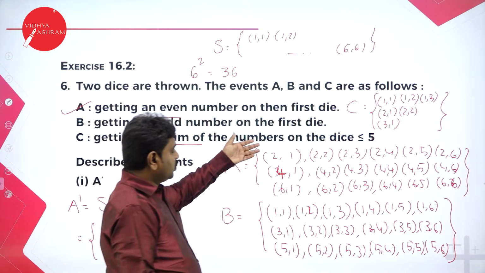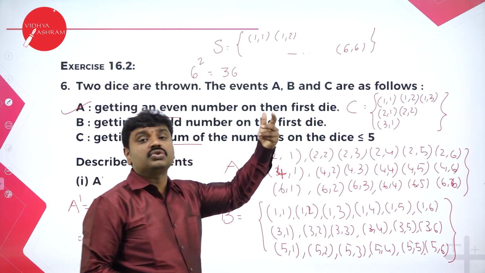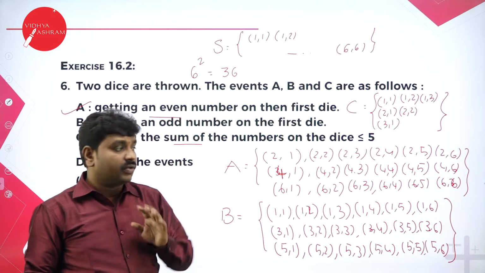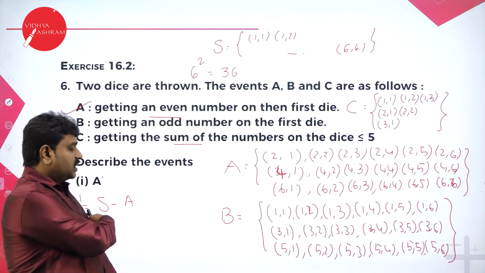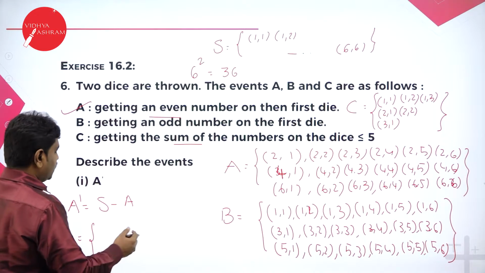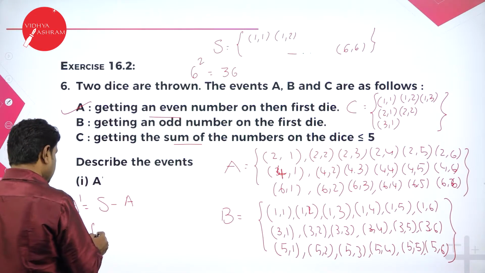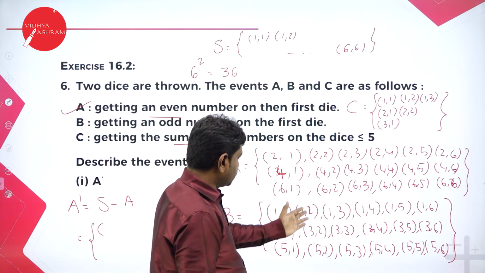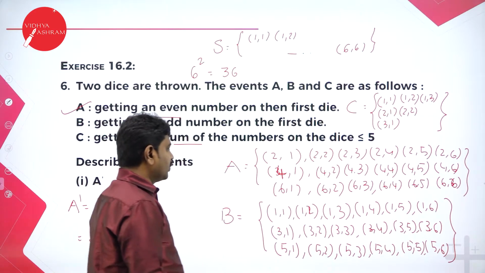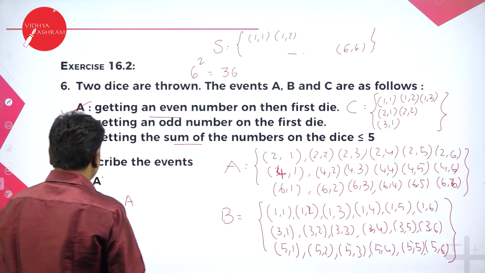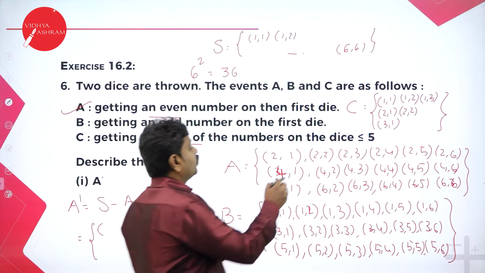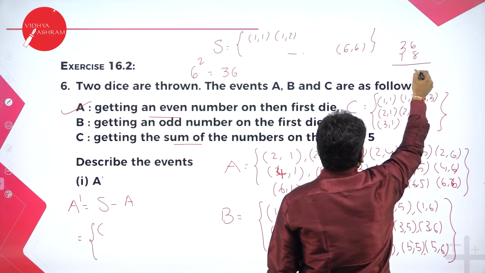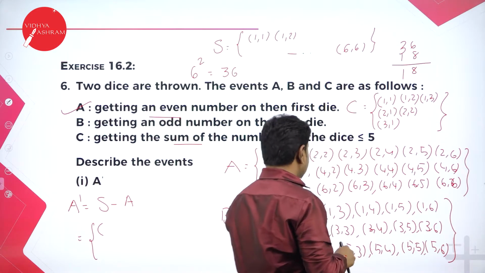A means what? Starting numbers 2, 4, 6. You remove 18 outputs, other than those 18, out of 36. If I remove 18, I still have another set, the remaining 18 outputs. What are the 18 outputs? I'll get the remaining outputs 1, 1, 1, 2, 1, 3. So what is the conclusion? We have total 36 outputs, but here we have 18 outputs. If I remove 18 outputs, I'll get another 18 outputs.